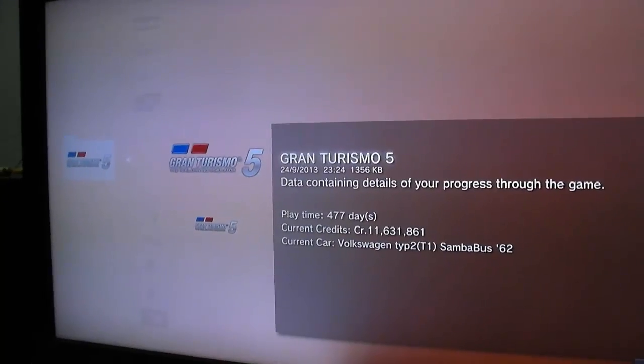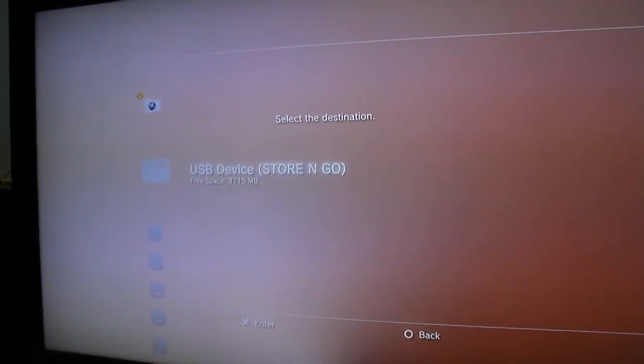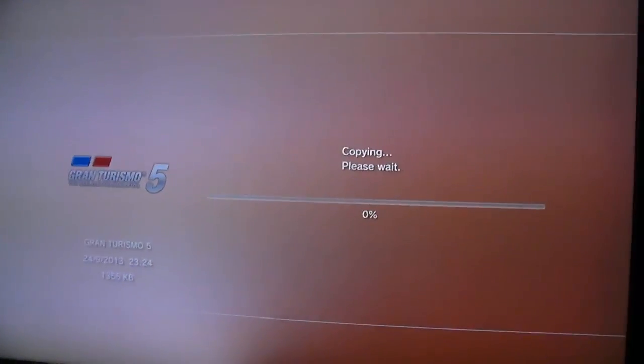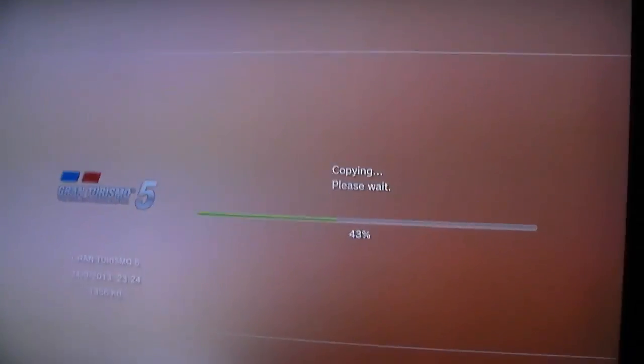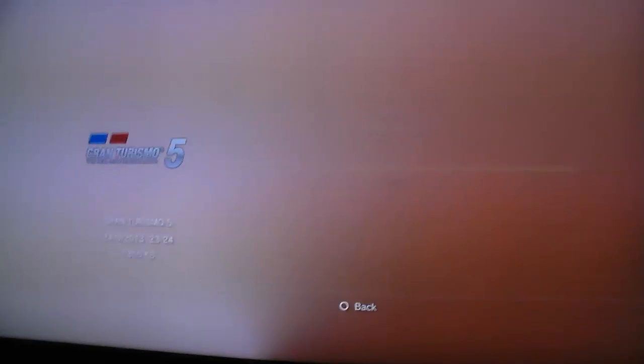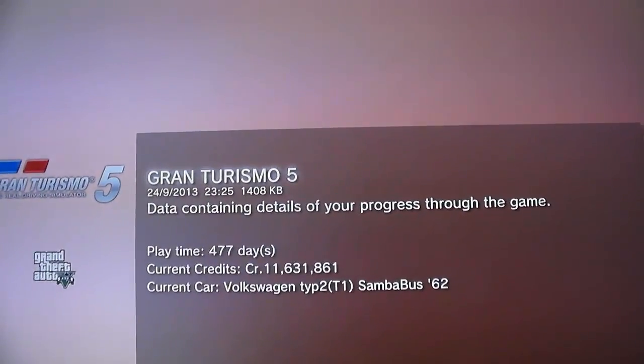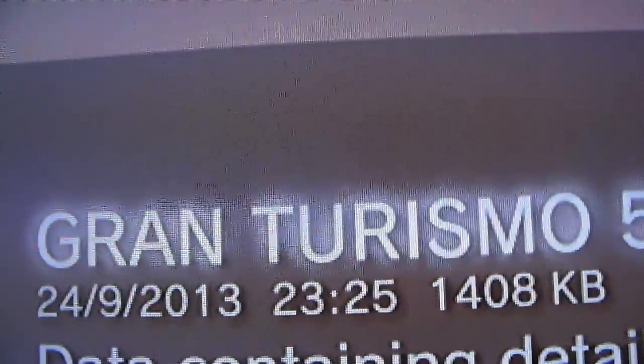Now, you go and copy your data onto your USB. I should call it a flash drive, because that's what it's supposed to be called. Or a pen drive, or a memory stick. Okay, so now I'm gonna check that it's on there. So you can see credits and everything, and that's the most important, that it roughly matches the time. When it does, okay. So now we can go and pull out